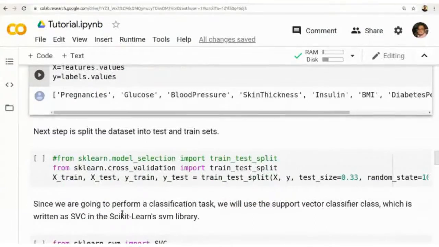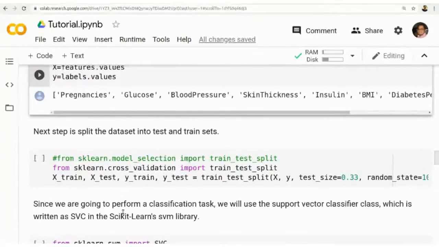Now, any supervised method, or any machine learning task, has 2 steps. We have to first learn the model, then make the prediction, then test the model. So training and testing are the 2 steps. For experimental purposes, what we are doing is we will split the entire data set into 2 portions, that is, a training set as well as a testing set.